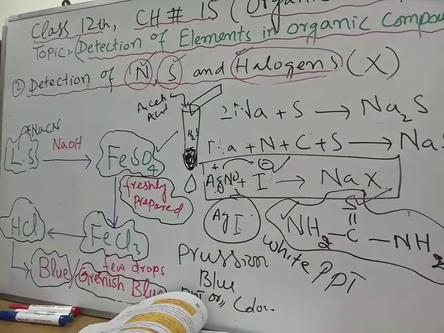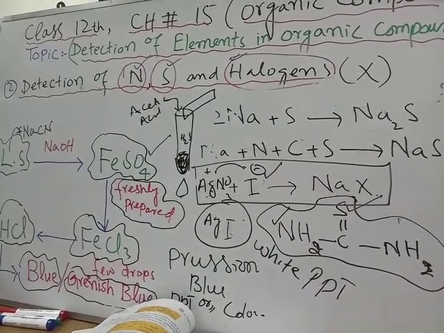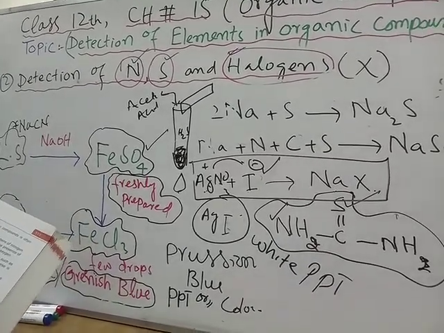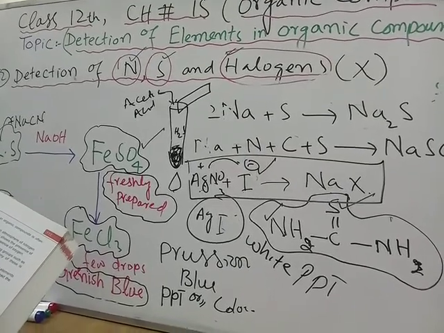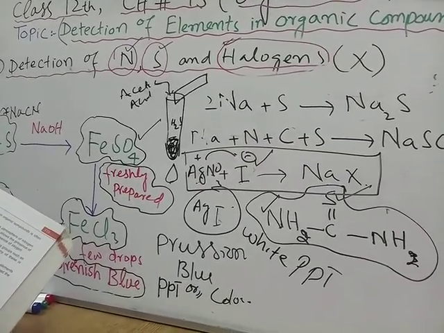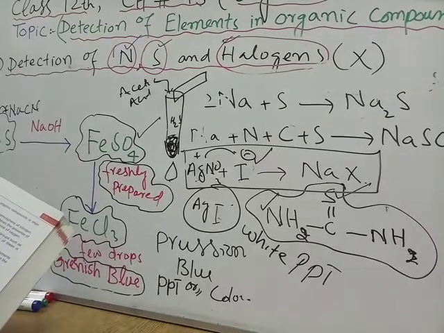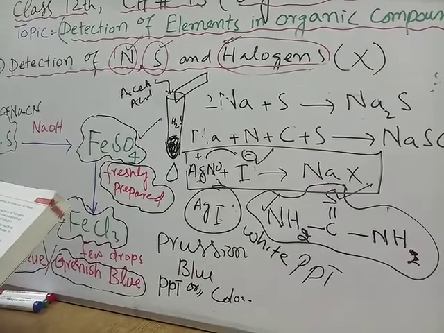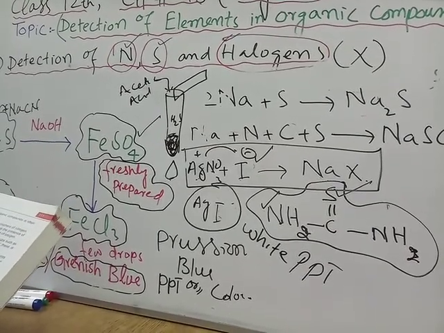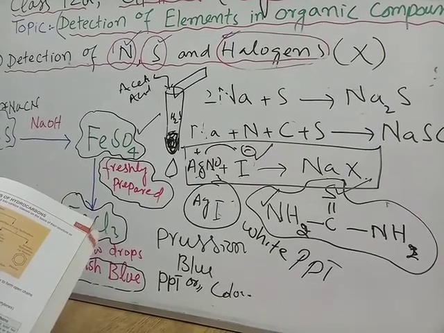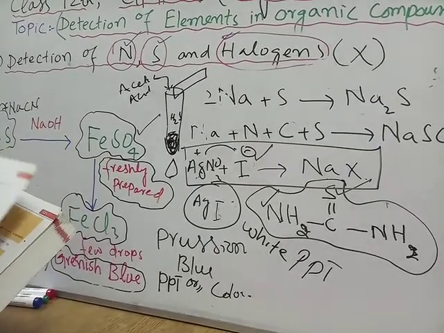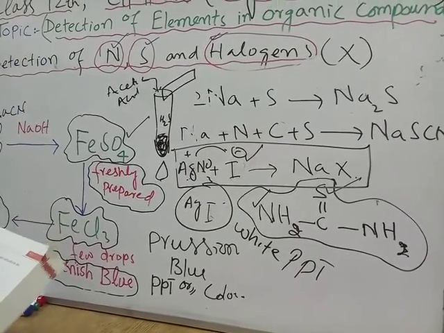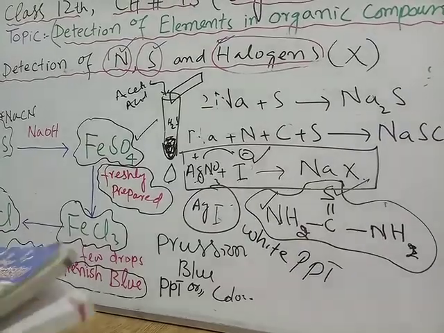Now if we go to the next page after the test of halogens, oxygen is not directly detected, but it's detected indirectly. Detection of metals, there are a few small topics given. This is your homework, you must do it by yourself. And if you have some problem, then you can discuss it with me. Inshallah, next time we will start the next chapter, chapter 16, hydrocarbons. So I thank you all for your time. Keep smiling.